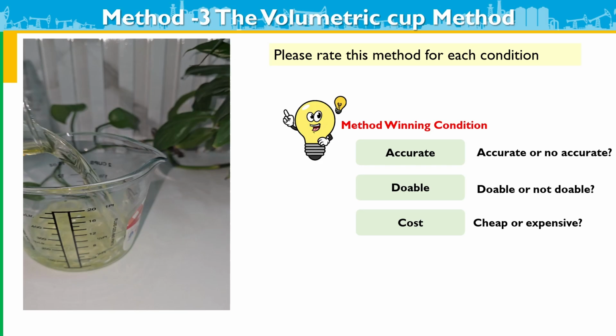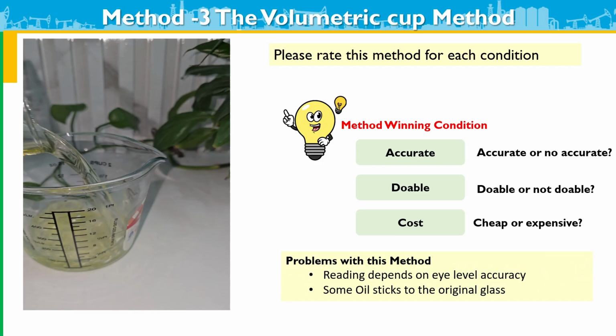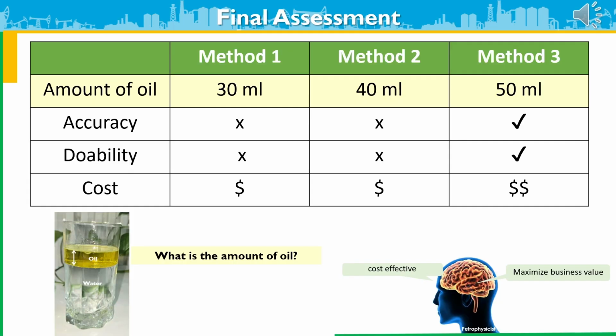So although this method is fast, easy, not messy, we can say it's better than the previous methods, but still have some limitations. In this method, the reading depends on the eye level accuracy, and some oil sticks to the original glass. The measured amount of volume of oil from here is 50, which is exactly the same amount measured before the exercise. Here, this slide